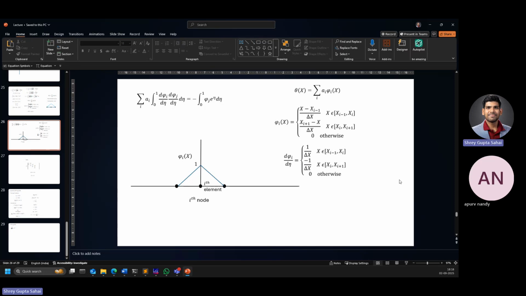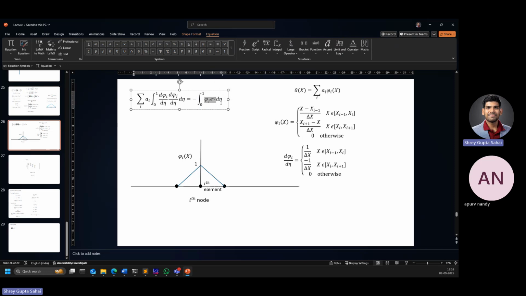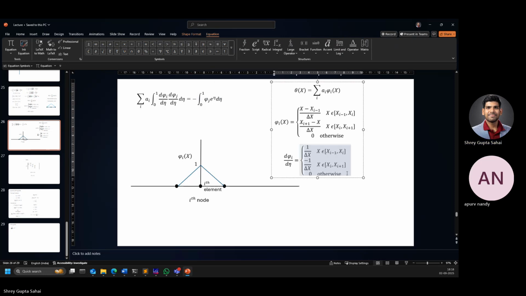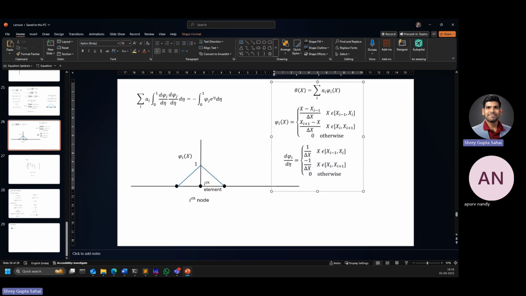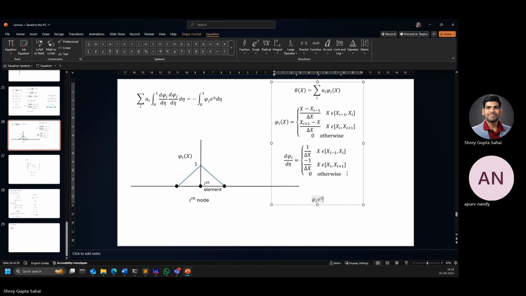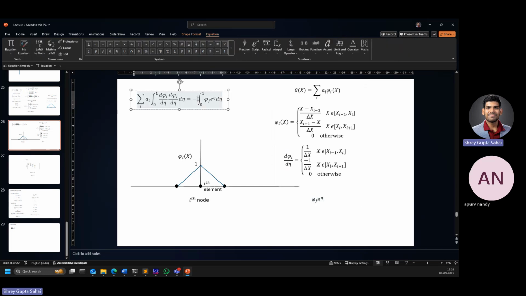Fine. One more thing is this integration. We need to look at this as well. How does this integration follow? Basically,